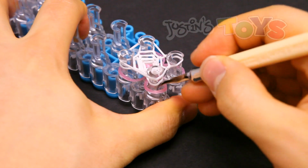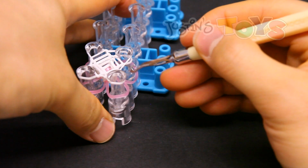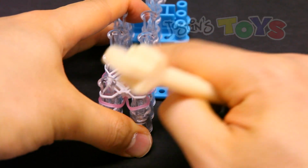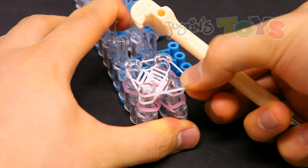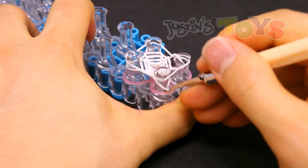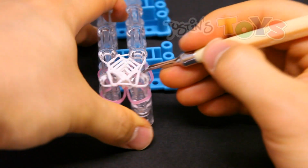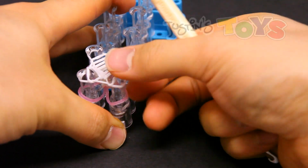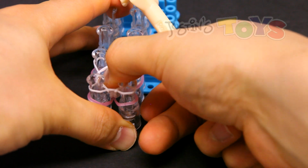6, 6, 6, 6, push down, and on top. 7, 7, 7, 7. Okay, now since that was the 7th band, what we can do at this point is push down, and now using your hands,